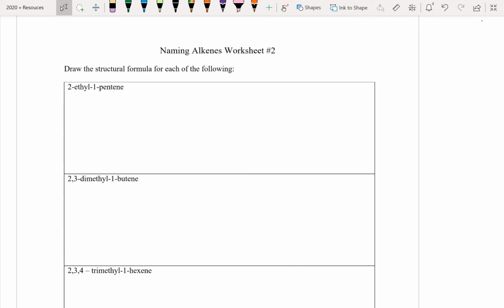So in the previous ones, we've gone from naming ones that we've seen, and now we're going from the name of an alkene. And again, we're all alkenes at the moment. We're going from the name to being able to draw it. So I'm going to draw it in 2 different formats, and I'm going to